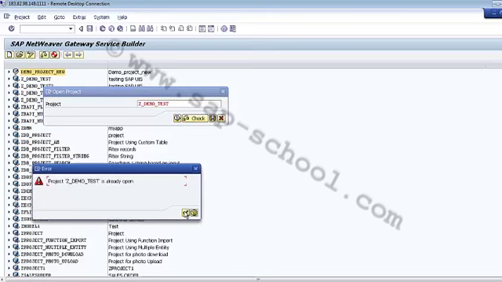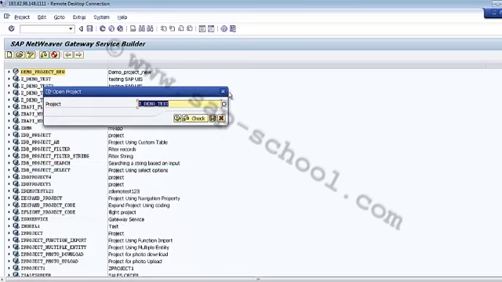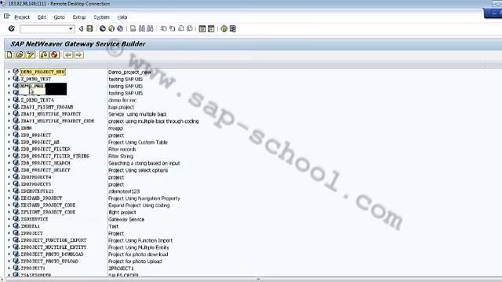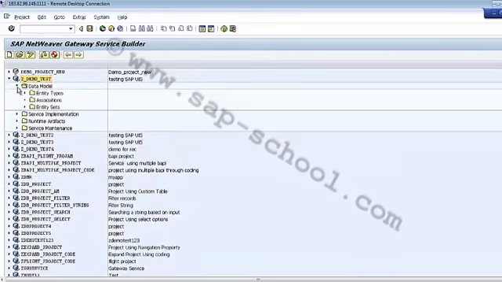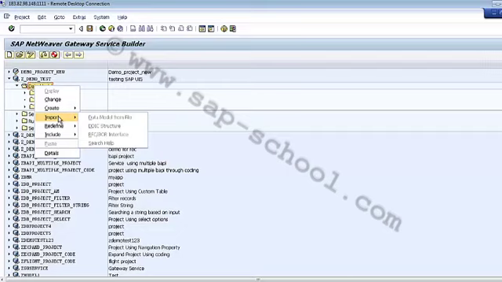Okay, so this project is already opened. This Z demo test is already there, that's why it is showing me that error. So I can directly go to this. Now I can right click, and if I go to the import, none of my options is enabled here. The reason behind this is that I am using the already existing project and I have not gone to the change.